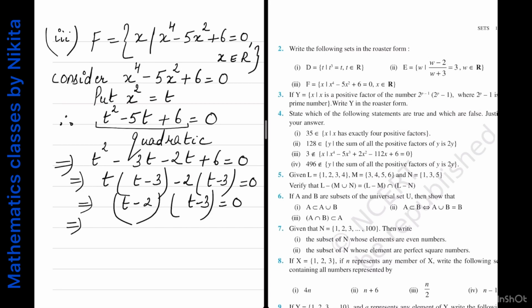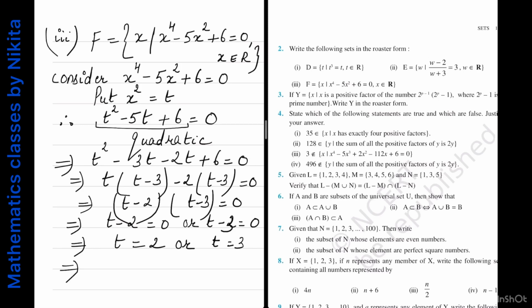This implies either t minus 2 is equal to 0 or t minus 3 is equal to 0, and from here you get t is equal to 2 or t is equal to 3. But I want to find the values of x, so I will substitute the value